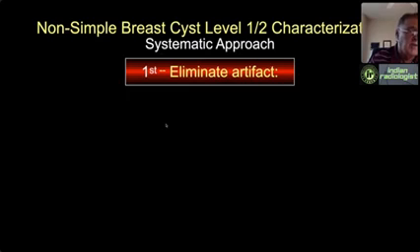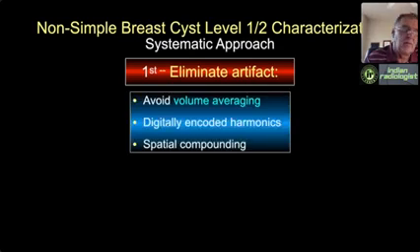I mean, what are we trying to do? We're trying to detect cancers at a stage where they're so early that minimal treatment can cure them. But what we don't want to do is plug our system with false positives. So I mentioned that part of the reason we're seeing more complicated cysts than we used to, non-simple cysts, is because we've taken our scan parameters beyond their limits. We've taken the frequency so high, the dynamic range so wide, and the bandwidth so wide that we're creating diffuse